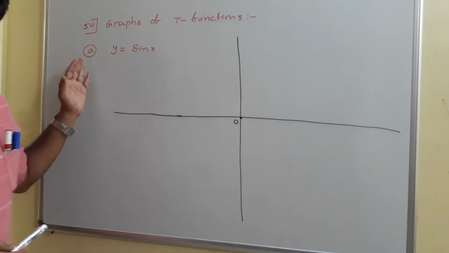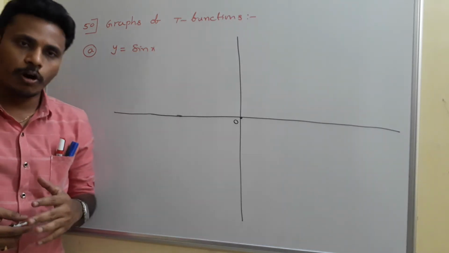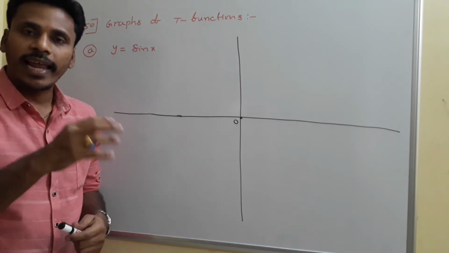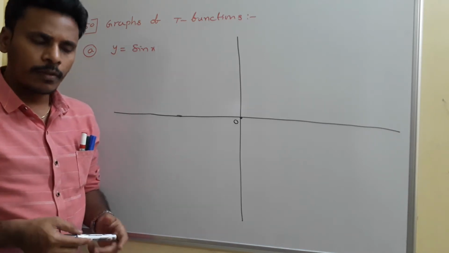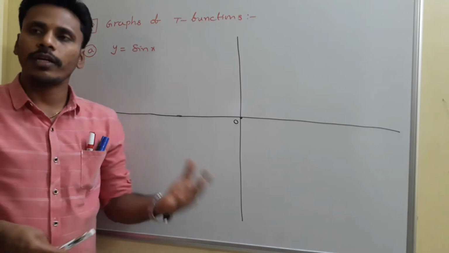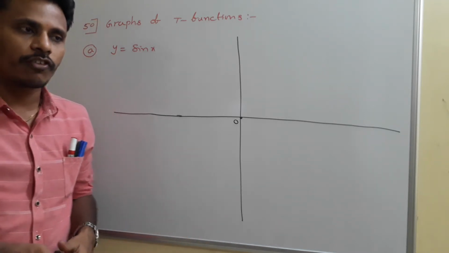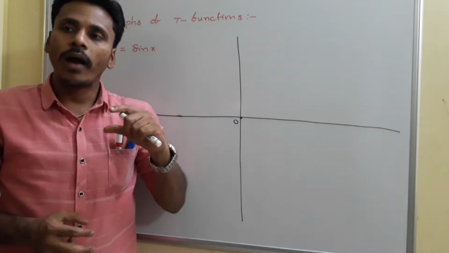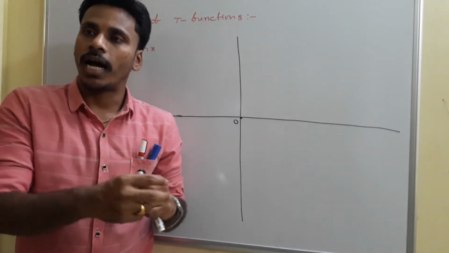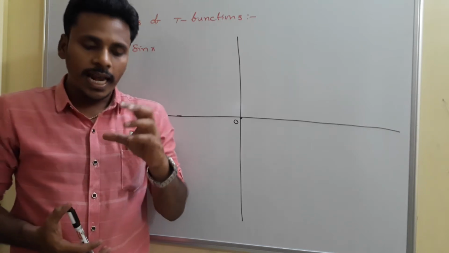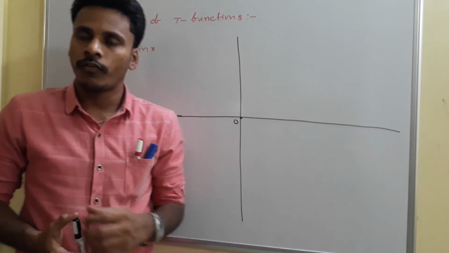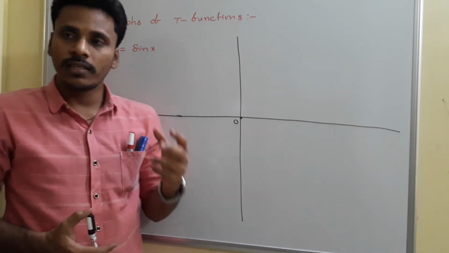We have 6 trigonometric ratios. We need to sketch 6 graphs. Drawing a graph for any expression, for any function, not only trigonometry, for anything, is nothing but analyzing one variable with respect to the other variable. Analyzing the behavior of one variable with respect to the behavior of another variable is nothing but just sketching